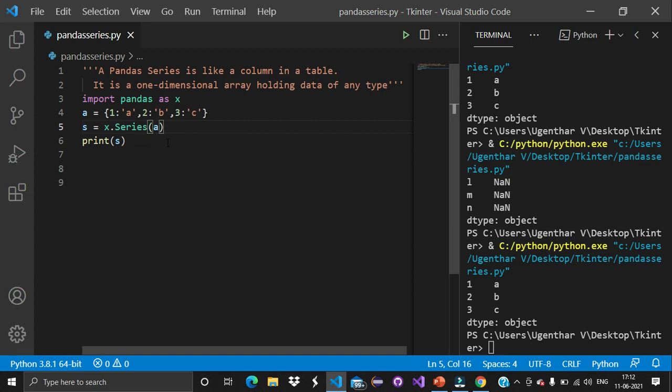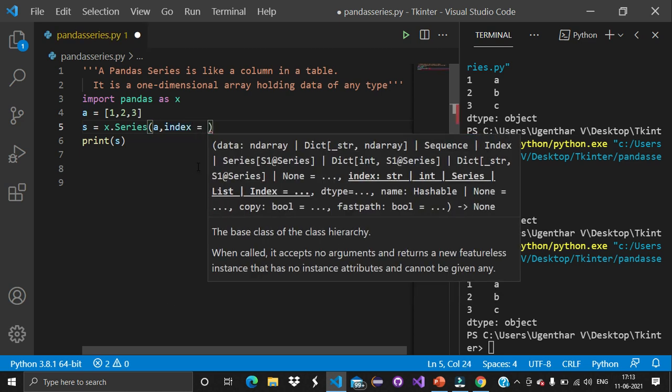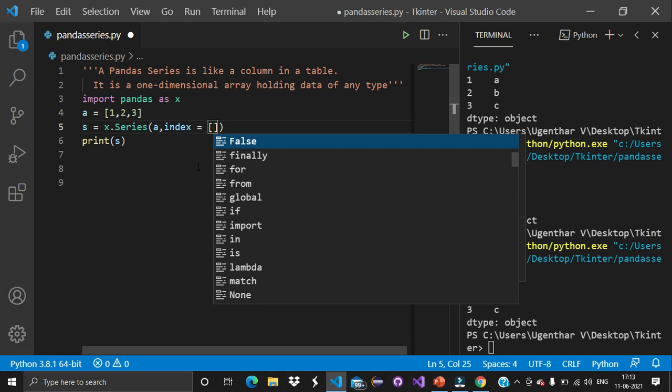Now let me try the other way. Let's take an array. Now let me check whether the count of index values and data values should be the same or not.